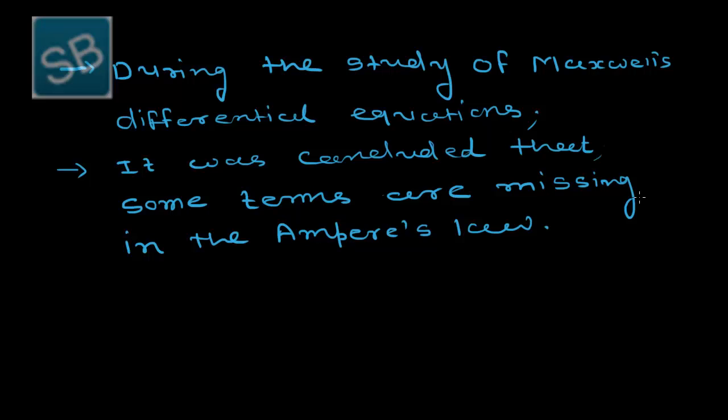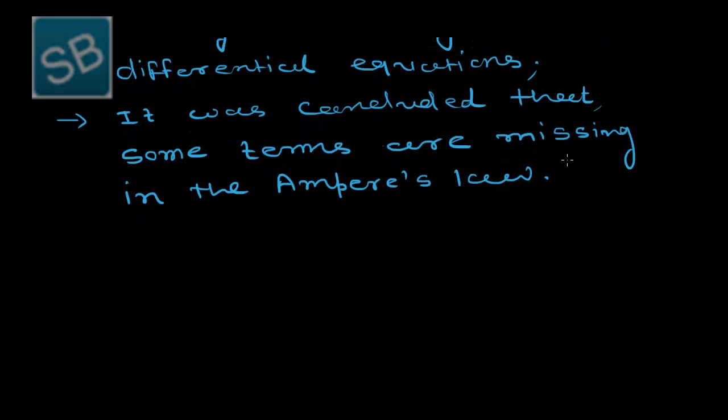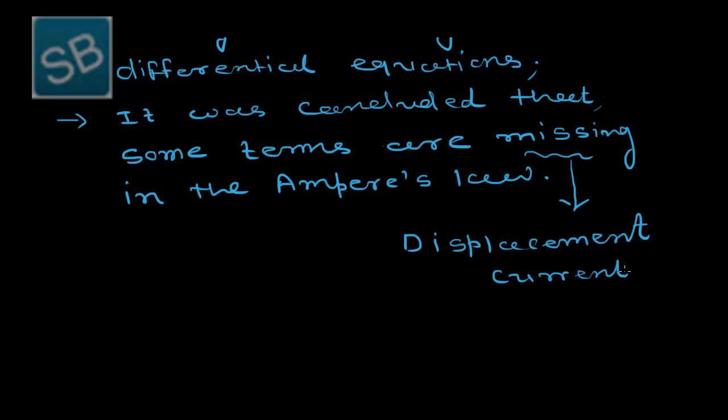So, Maxwell postulated that the missing term is in the displacement current. So, the term which was missing exists in the displacement current. Now, what is the displacement current? We will go through it and find out which term was actually missing there, and the resulting differential equations for the electric field and magnetic field were identical with the wave equation.